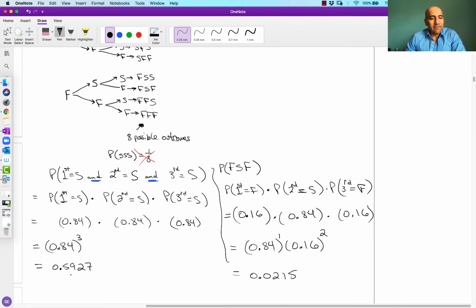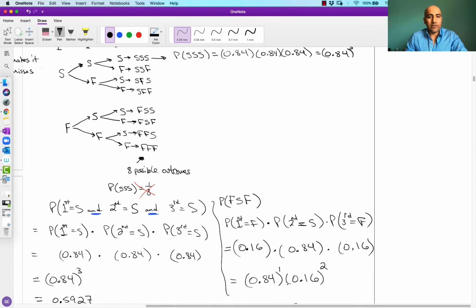This one had a 59.27% chance that this would be the outcome, success, success, success. The outcome of having a fail, then success, then a fail, that is only about a 2.15% chance of happening, a much, much more unlikely outcome, right? But okay, going back to this tree then,